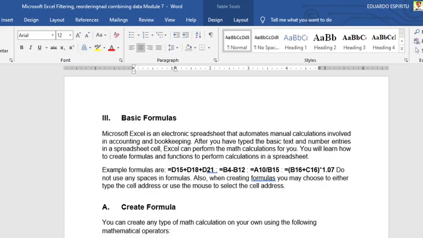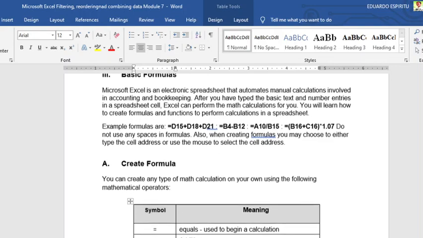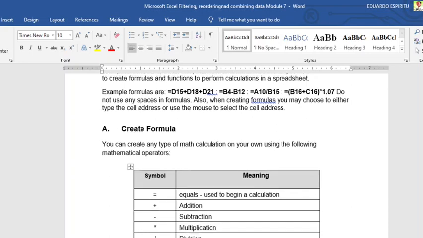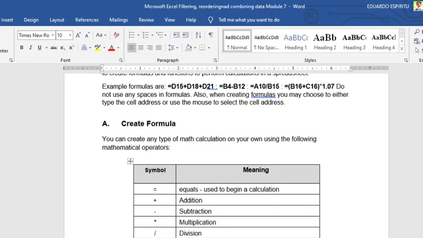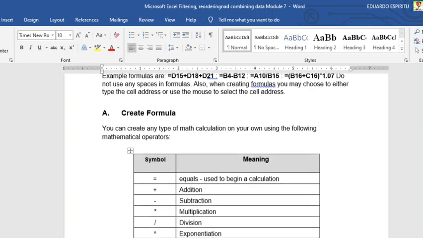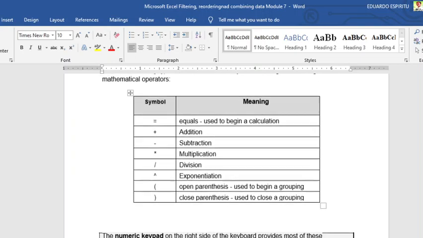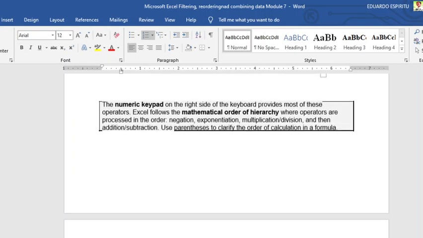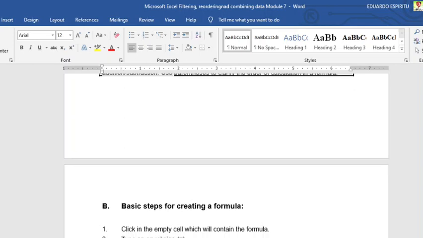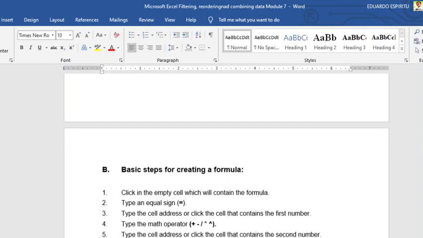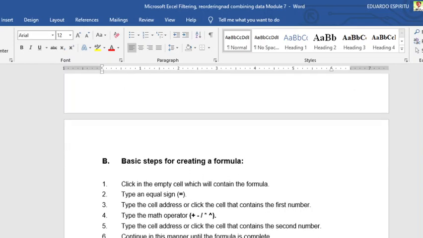So the way to create a formula, we need to have these symbols. So we have an equal sign, plus, addition. As we all know, these are operators. So basically, we just need to put it using our numeric keypad. All formulas start with an equal sign, then the cell address, and then type the math operators that you need